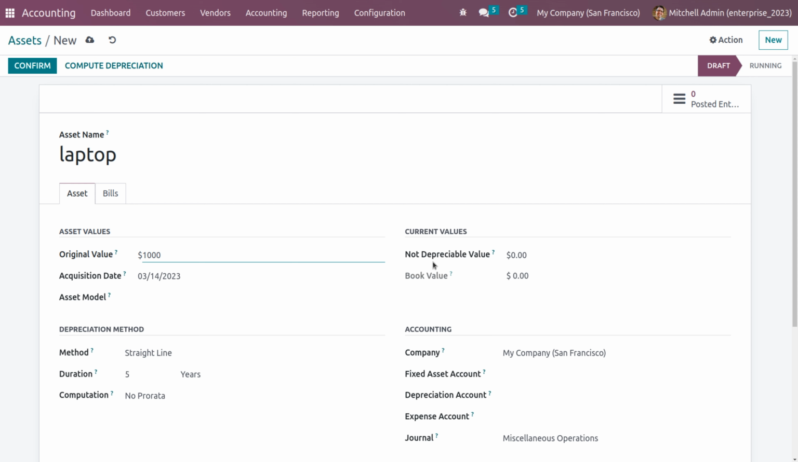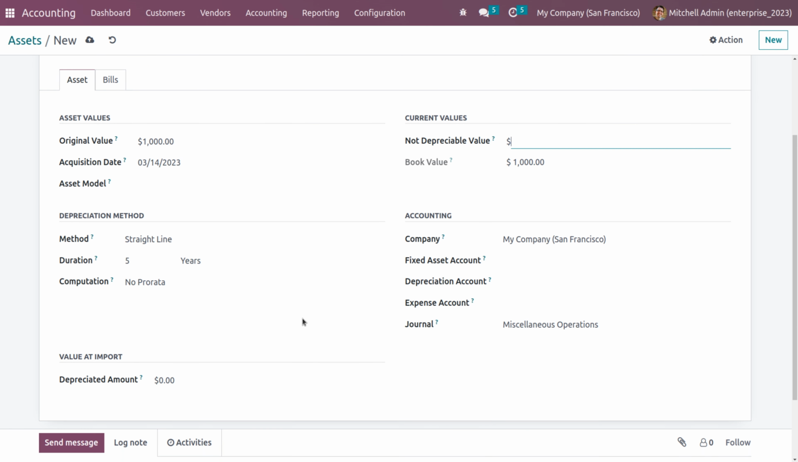If I'm letting 100 as a not depreciable value, you can see that until 900 the value will be depreciated, and beyond that the value won't be depreciated. So there will be a minimum value of 100 that should not be depreciated. Currently I'm not setting any value, so the complete amount can be depreciated. And as you have given the original value as 1000, the book value will be automatically configured by